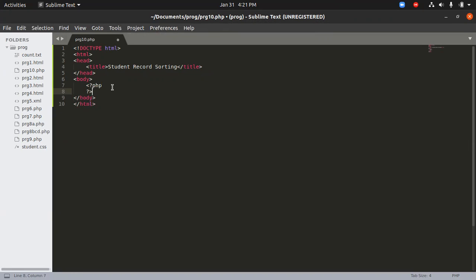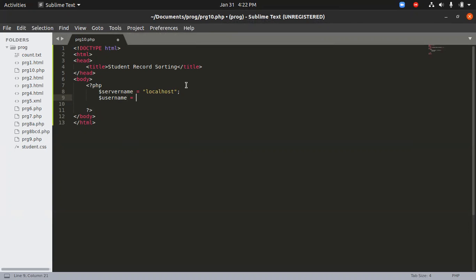And then for the PHP part, here we have to initialize a few variables. We have to create a few variables. That is server name. Server name will basically be an IP address, but here we are just using it as localhost, so we'll just give it as localhost. Localhost itself is an IP address. It'll be 127.0.0.1. So this number will be the localhost.